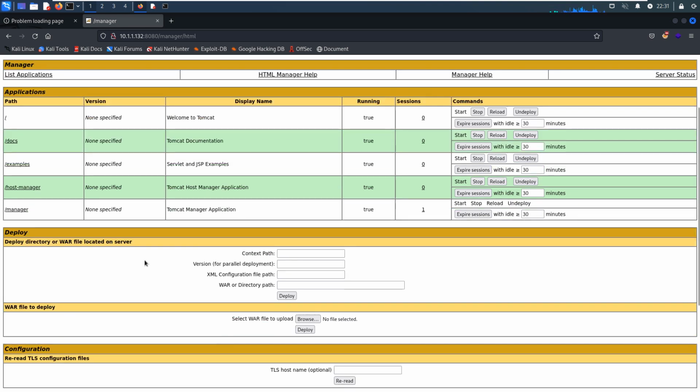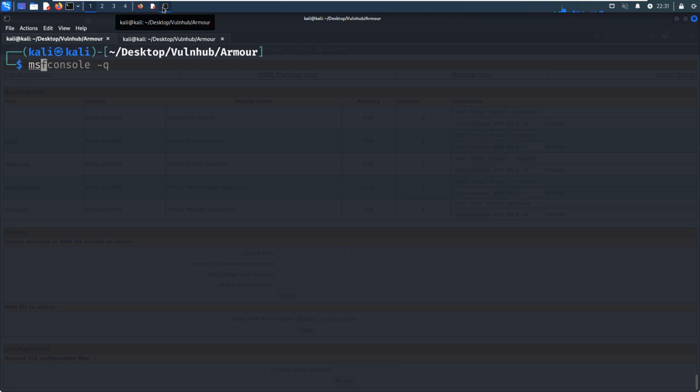So now, of course, what we are going to do next would be straightforward. We can generate the WAR file, some sort of JSP file or code, and then we need to make a package, packing it into the WAR. But all of this can be done by MSFVenom. So to do that, we can launch MSFVenom. If you do not know which type of payload should be used, we can use msfvenom to list payloads.